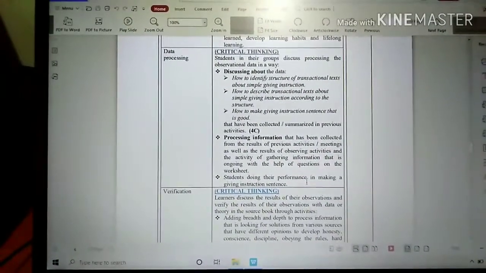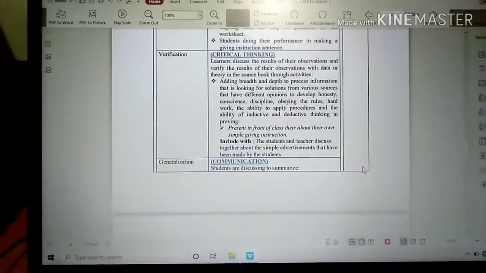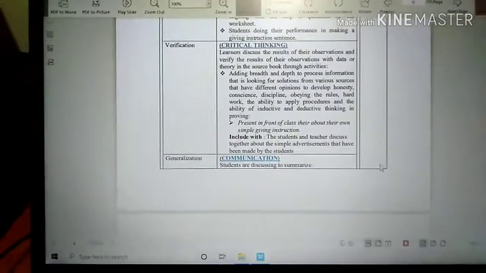The next is verification. Critical thinking.